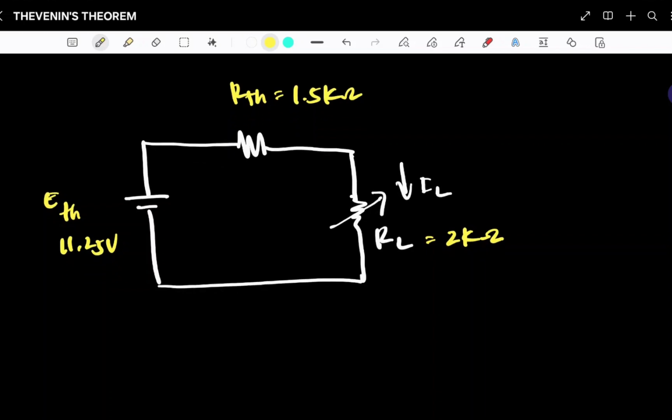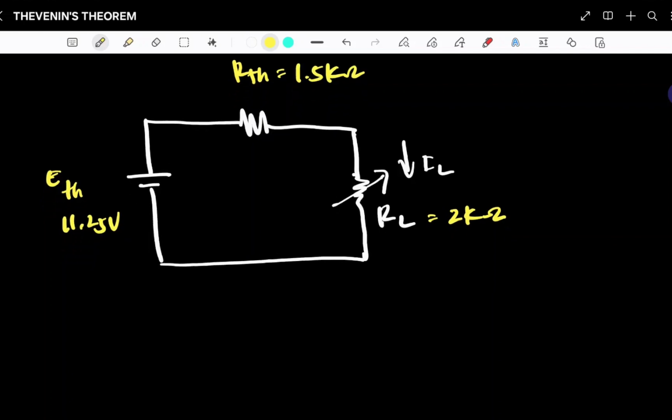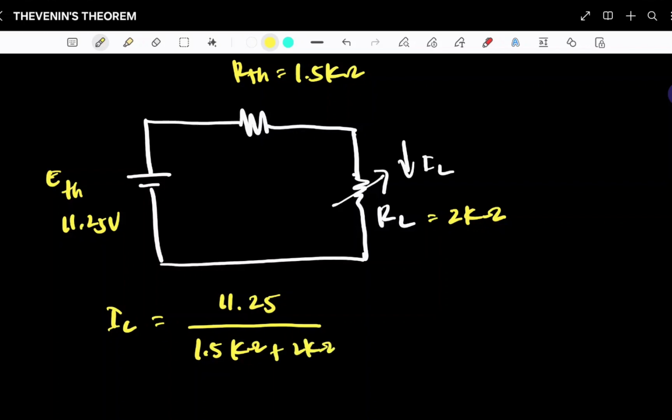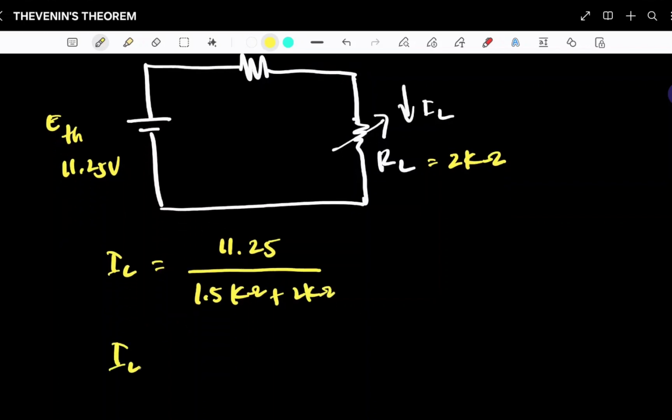So now, if RL is equal to 2 kilo ohms, the current through RL is equal to the current of the total circuit. So IL is equal to 11.25 divided by 1.5 kilo ohms plus 2 kilo ohms. So therefore IL at 2 kilo ohms is equal to 3.21